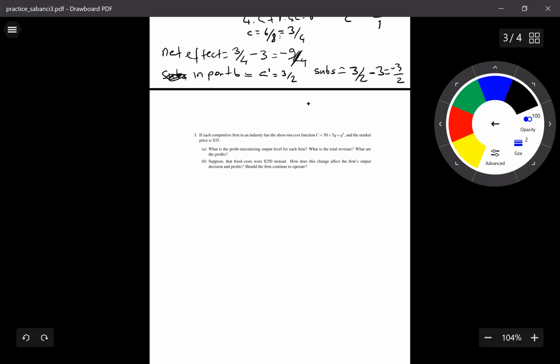So let me try to explain what we have done for the competitive firms. The objective of the competitive firm is maximizing profit. The profit is equal to price times quantity minus cost with respect to quantity. If you would like to maximize this,